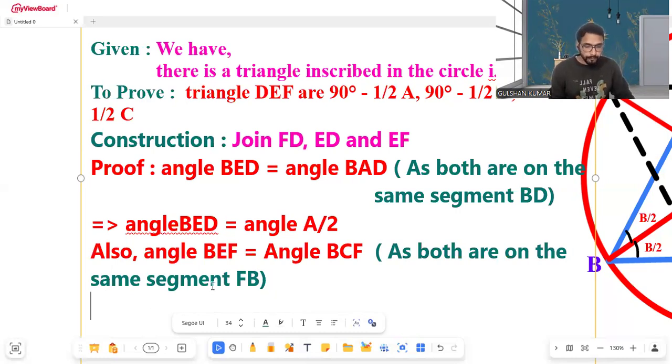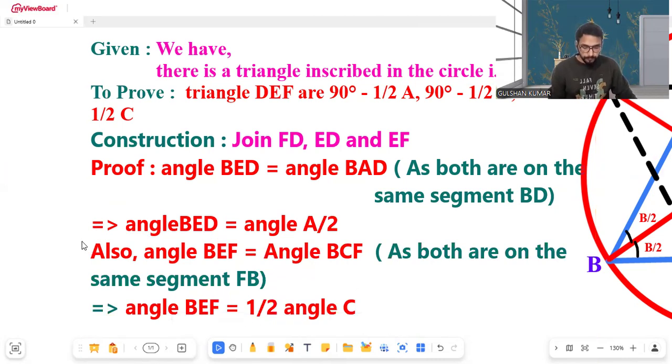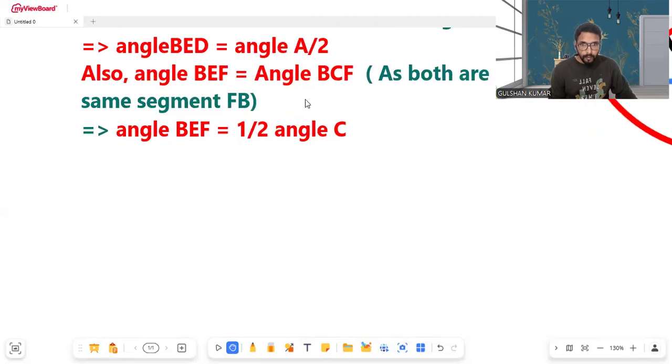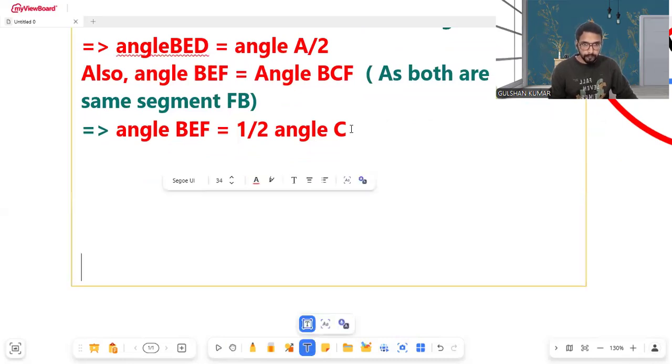Now, this implies that angle BEF equals half of angle C. Angle C. Okay, half of angle C. That is clear. Now, this will be clear here. Okay, so